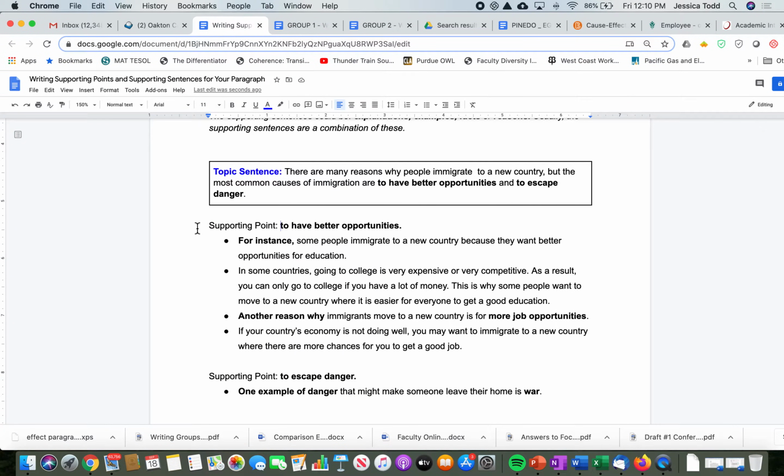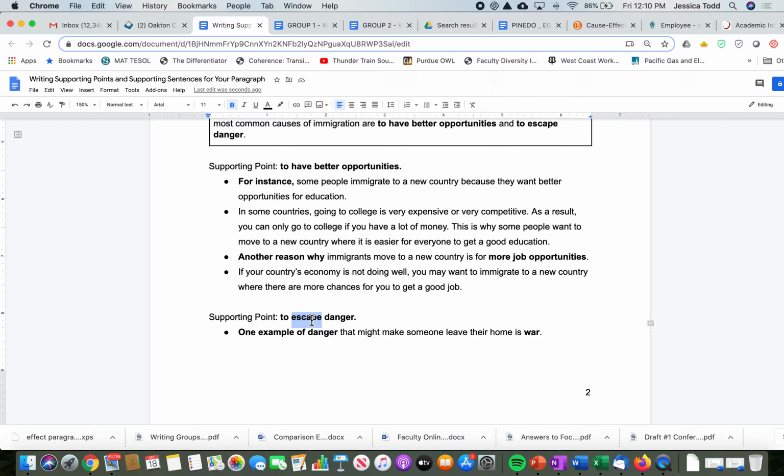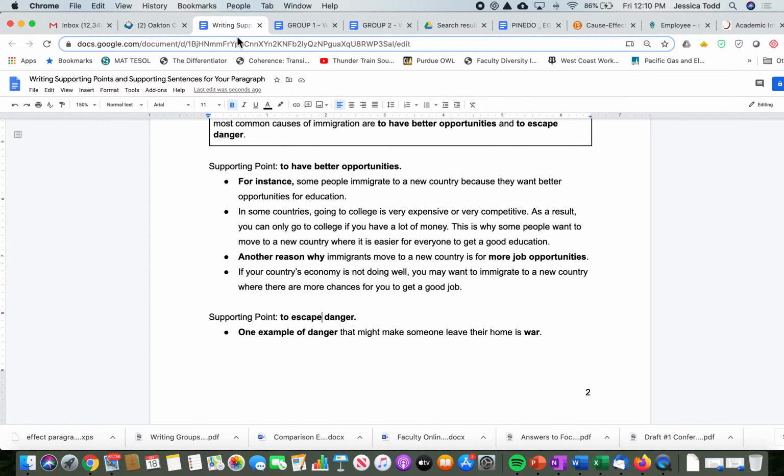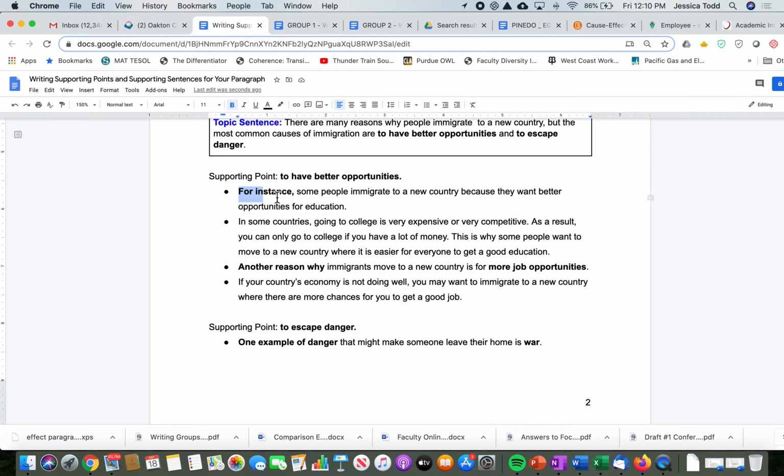Now in activity A, we had a topic sentence. There are many reasons why people immigrate to a new country, but the most common causes of immigration are to have better opportunities and to escape danger. So these two in bold are the two supporting points. I have one here, the first one, and I also have one here. And I also read through the Google Docs from your groups, right? These are your Google Docs. And I took out some of the best ideas that I really liked from those, and I put them into